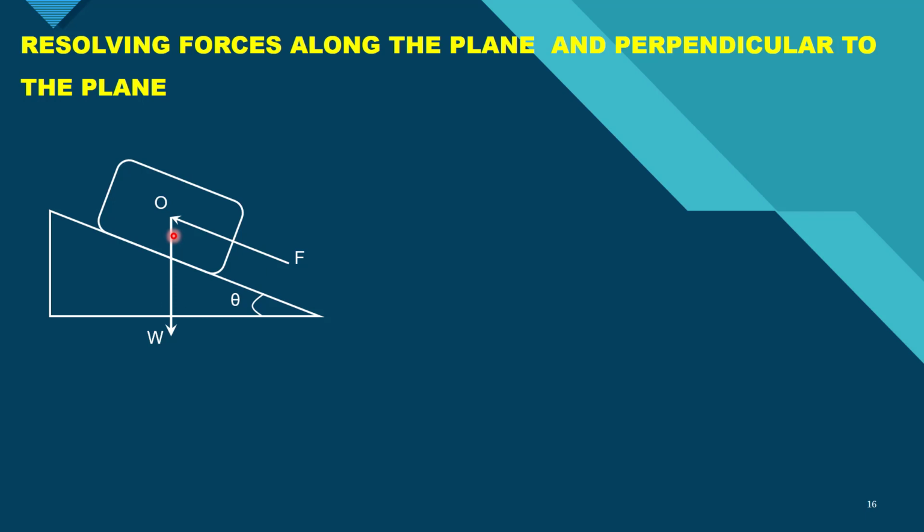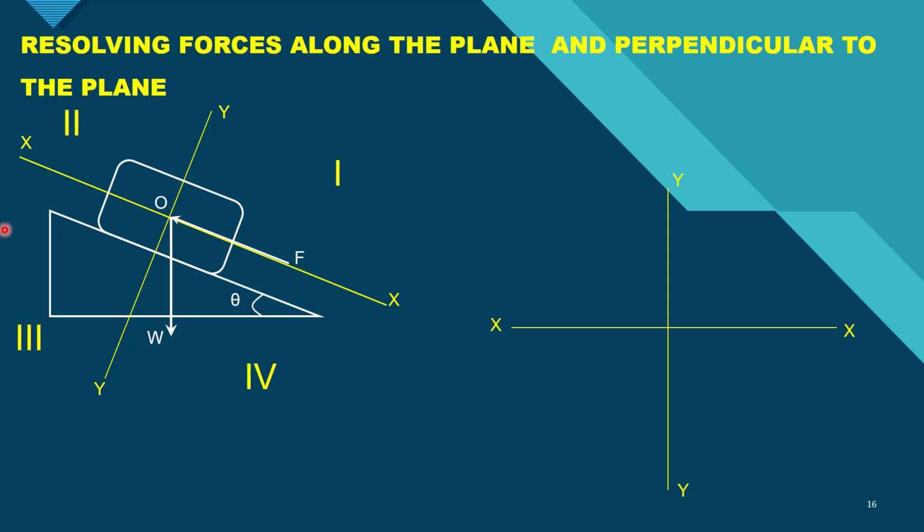So I will draw the two reference axes. First, the one will be parallel to the surface, since I need to resolve the force parallel to the surface, and the other one will be normal to the surface, since I need the other component perpendicular to the surface. So this is my reference x-axis and y-axis. Now you can see that this is our first quadrant, this is the second quadrant, third quadrant and fourth quadrant. I will mark the quadrants like this: first, second, third and fourth. You can see that W is lying in the fourth quadrant, and F is acting along the x-axis.